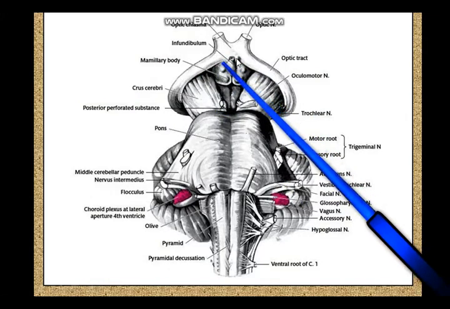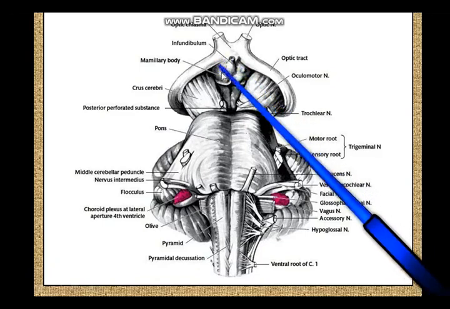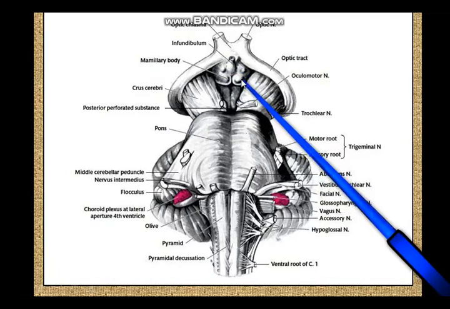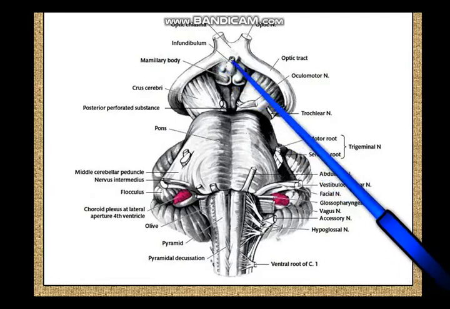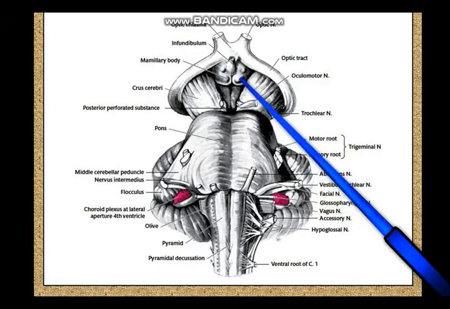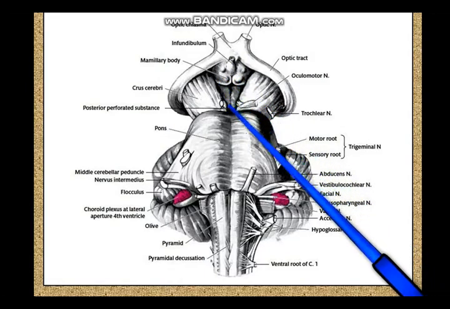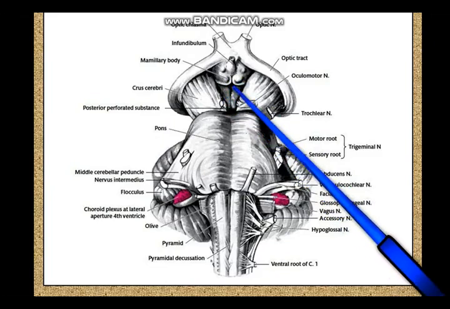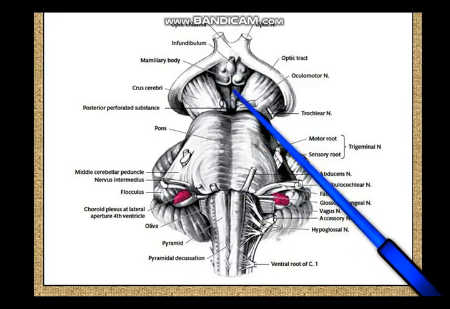Now this whole elevation in the inferior surface of the brain is the tuber cinereum. This is the region of the hypothalamus along with the mammillary body. The mammillary body is also part of the hypothalamus. It is part of both the hypothalamus as well as the limbic system. So you have the infundibulum, that is the pituitary stalk, you have the pair of mammillary bodies, and over here in this posterior part of the V you have the posterior perforated substance.